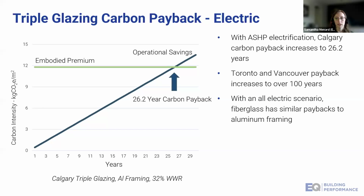In an all-electric scenario as well, fiberglass and aluminum framing had similar carbon paybacks just due to how much lower your carbon intensity was with electricity. There are other benefits, obviously, to triple glazing, like thermal comfort and other things, but just looking at operational versus embodied, these were the differences that we saw. I'm now going to pass it back to Anna to talk a bit about the concrete that we might be